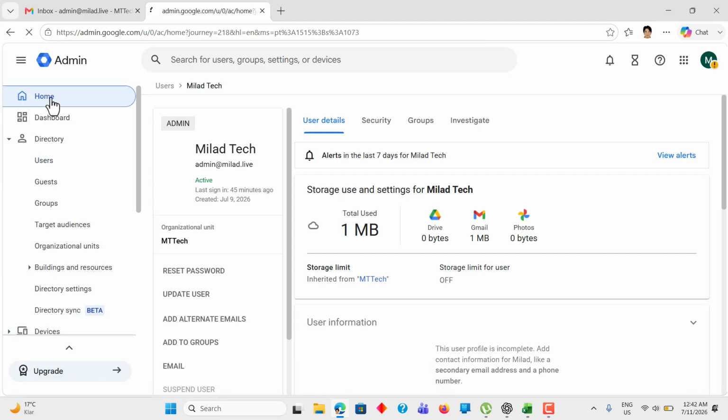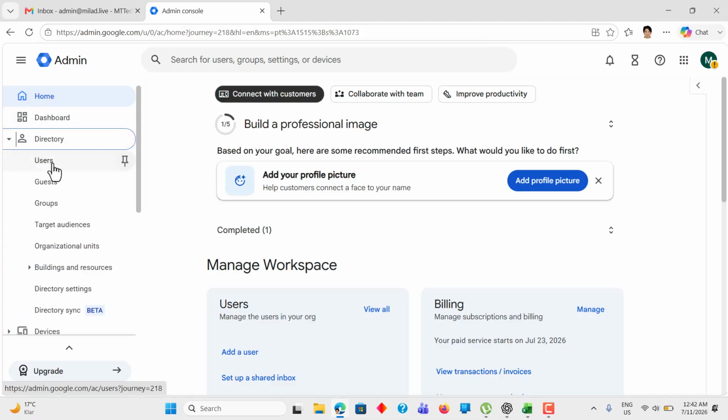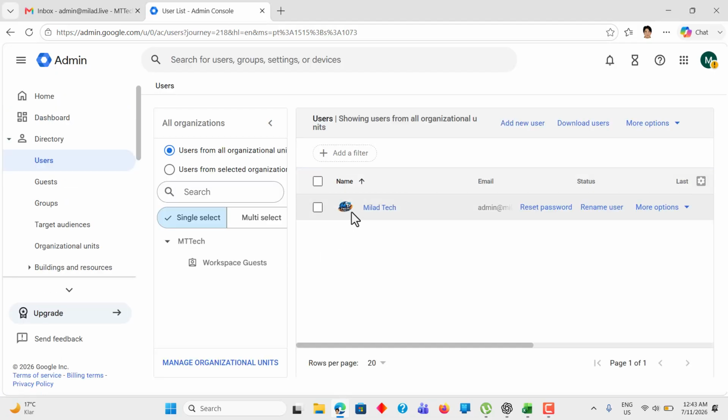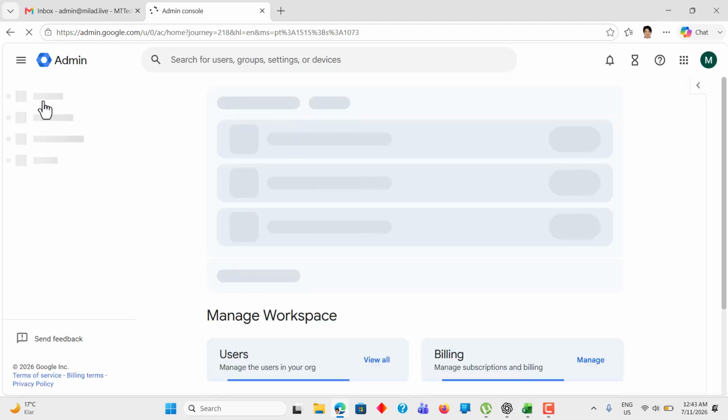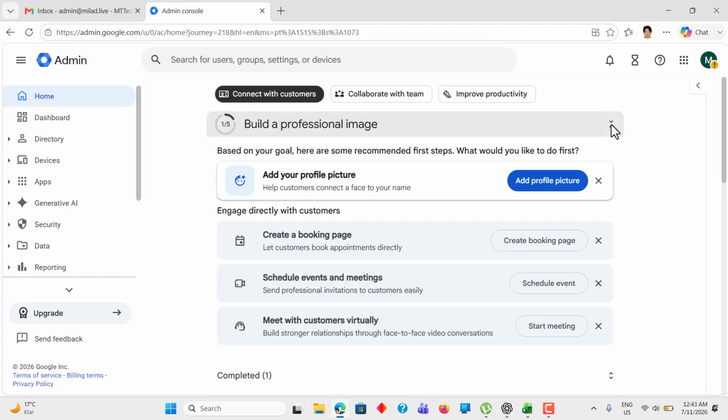So if you go back to the home, and if we check the picture, if it's applied, all you have to do is come to the users, and here you can see that the picture of the admin email address has been changed. The second thing that we can do right here is let's